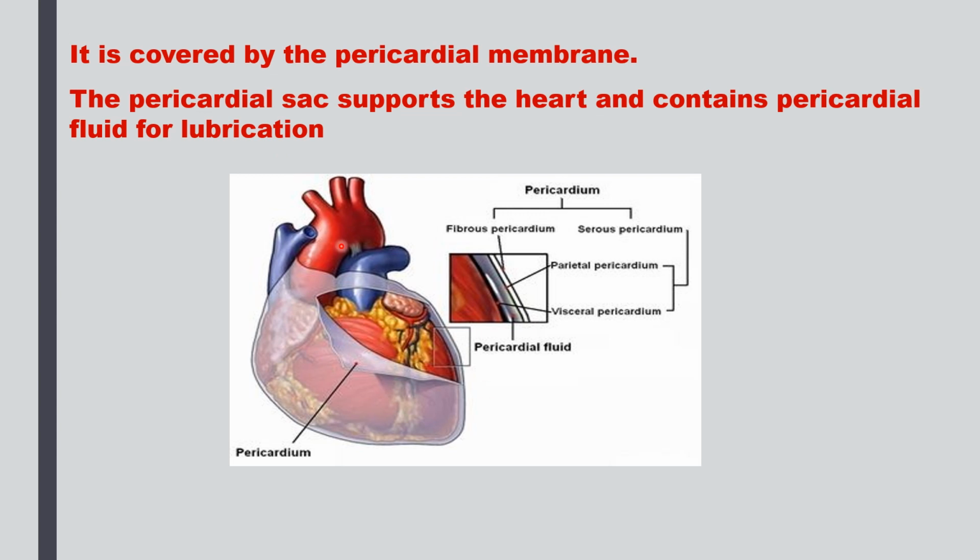Since the heart is a very delicate organ, it needs protection. So the covering which protects the heart is called the pericardium. This pericardium is a double walled membrane protecting the heart. The sac or the space in between the walls of the pericardium is filled with a fluid which is called the pericardial fluid. The pericardial fluid reduces friction during the heartbeat, and it also protects the heart from mechanical shocks.